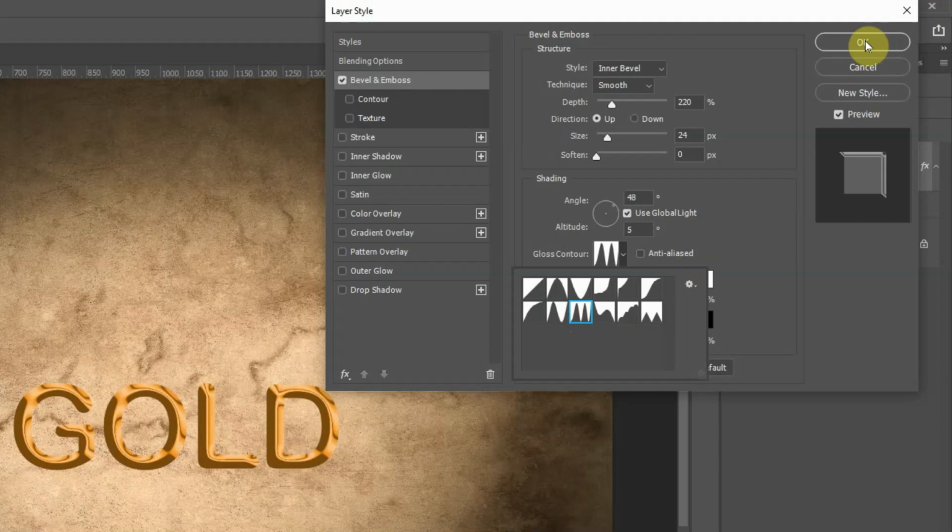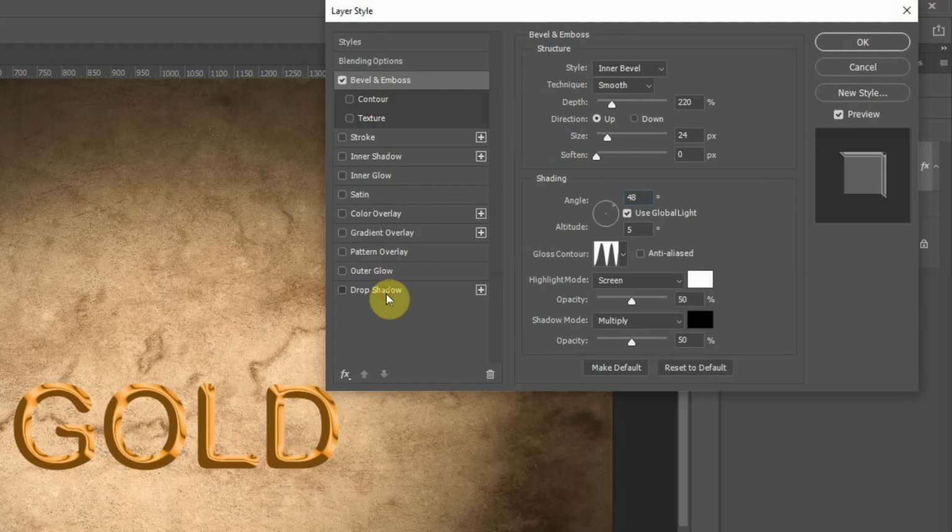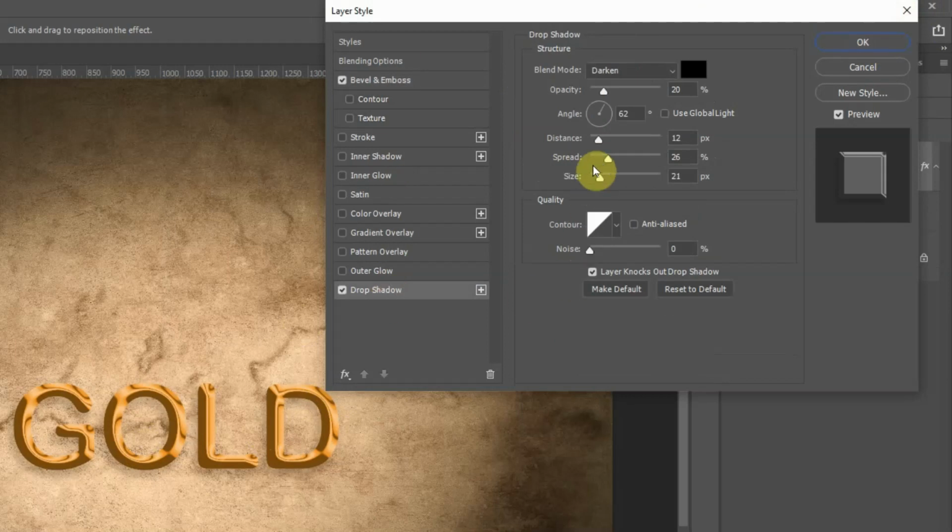Now we could click on OK, but I also want to add a little bit of drop shadow. So if I click on OK, I've got to come back into the effects dialog once again. So the easiest thing to do is just pop down here to where it says drop shadow, and we can now just add a little bit of a drop shadow on here, a bit of spread there. Tell you what, let me just return to defaults for you. There we go. So distance,